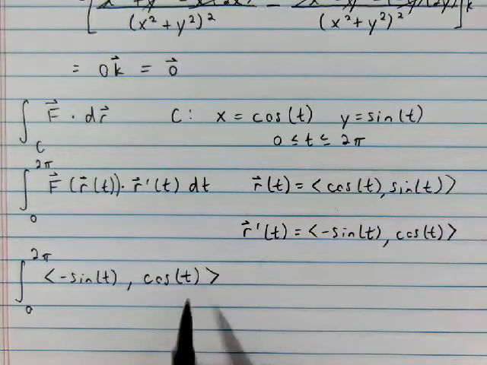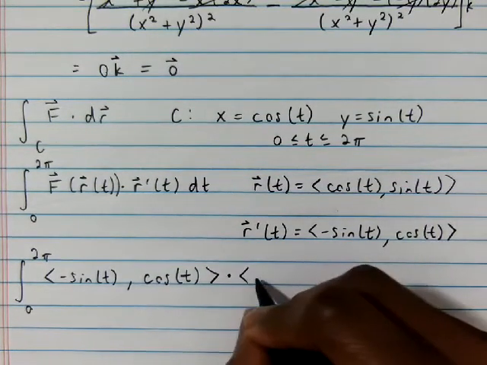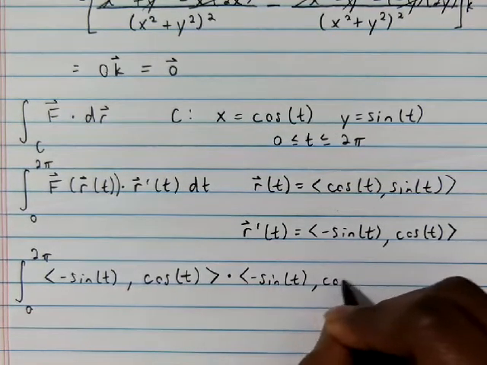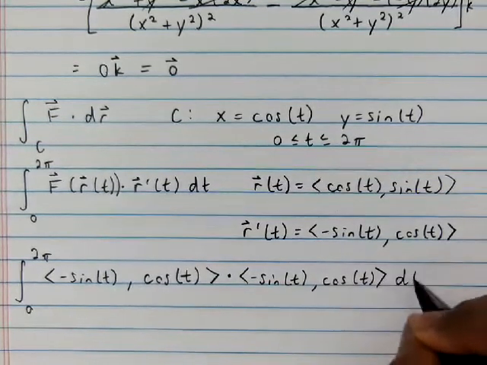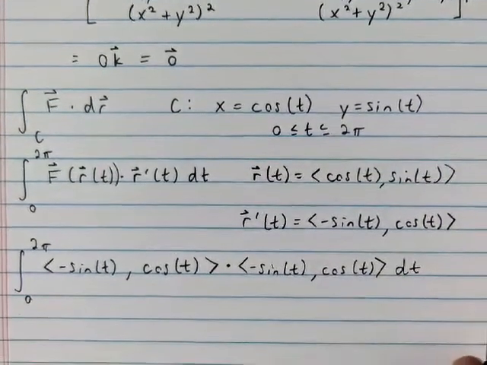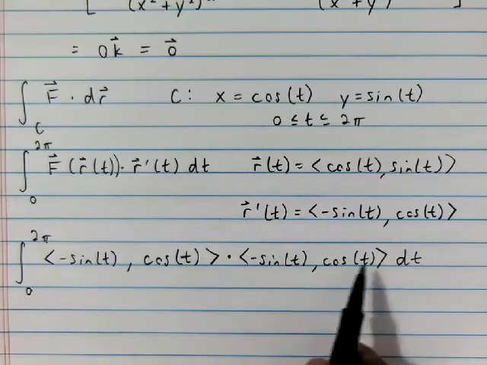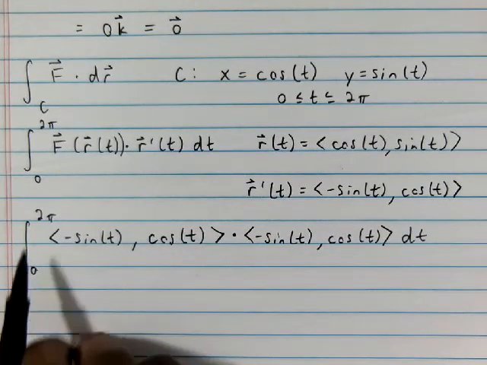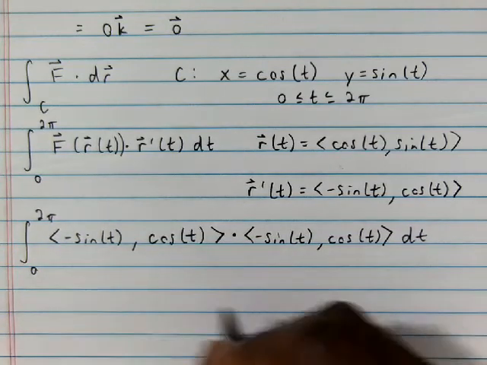This is F of r of t dotted with r prime of t. So negative sine of t, and then cosine of t, and we'll integrate that with respect to t. When we take this dot product, we get sine squared t plus cosine squared t, so we just get 1 as our integrand. So we're integrating 1 with respect to t from 0 to 2 pi. So we would just get this equals